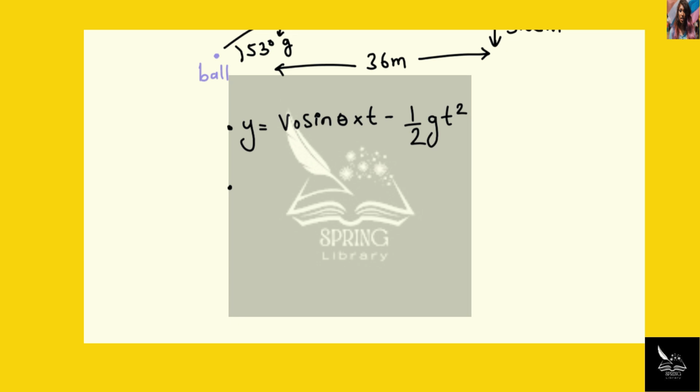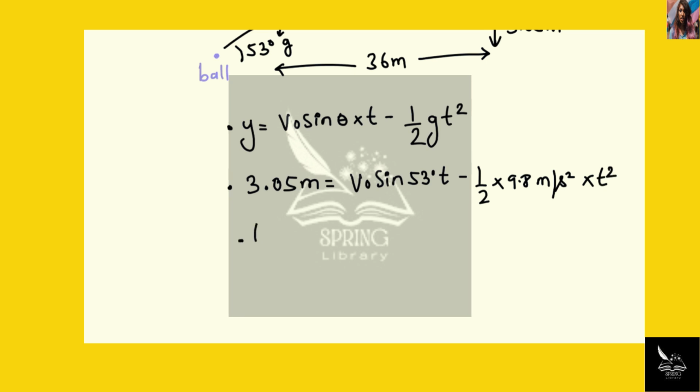So if we set y to 3.05 meters, that is equal to v naught, here the initial speed we have been given, remember that the initial speed in the vertical direction is 0, and setting y equal to 3.05 meter, that is v naught sine 53 degrees t minus half into 9.8 meter per second square into t square, and from here t comes out to be square root of 2 into y by g, because in the vertical direction initial